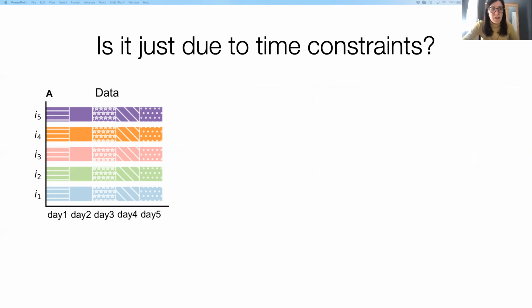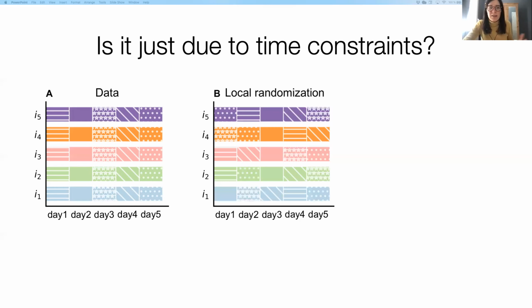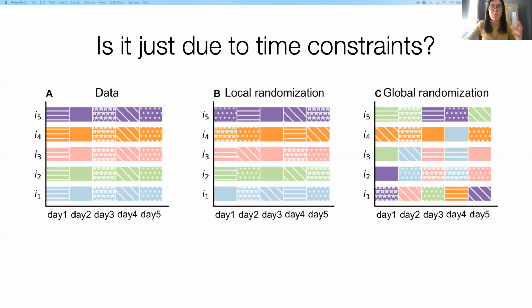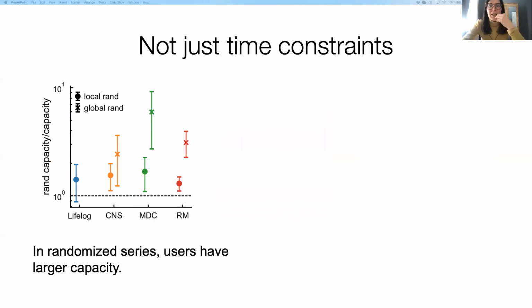We took our data and divided it into chunks. Here is a schematic representation. You can see there are 5 traces for 5 individuals. We divide them into days, and then we did some shuffling. We shuffled traces within individuals, and then we even shuffled traces among individuals. And we were wondering, what is different when we perform these randomization experiments? Well, we see that the capacity in the randomized traces is larger. So basically we could accommodate more places in our activity space, but we don't.